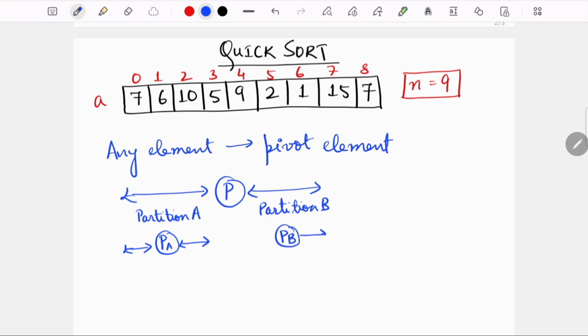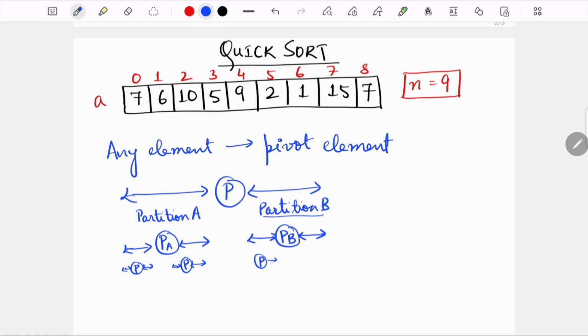We are going to take a pivot element and arrange the elements in a way that the left of PB holds all the elements which are smaller than the pivot of partition B, and right of PB holds all the elements which are greater than the pivot of partition B. And this goes on happening recursively. There will be a pivot element. So we can see that the problem gets divided into